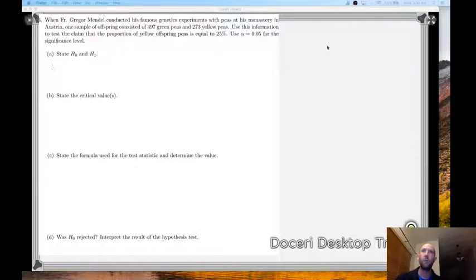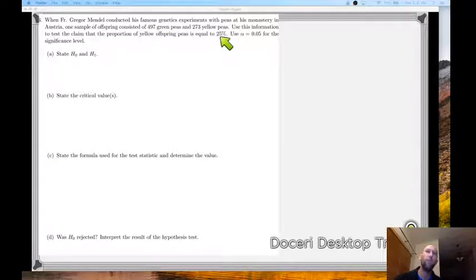In this next problem, we're going to go through a hypothesis test. In this problem here, it's referring to the Punnett square testing Gregor Mendel did when doing genetics experiments with plants. We want to test Mendel's claim that the proportion of yellow pea offspring is